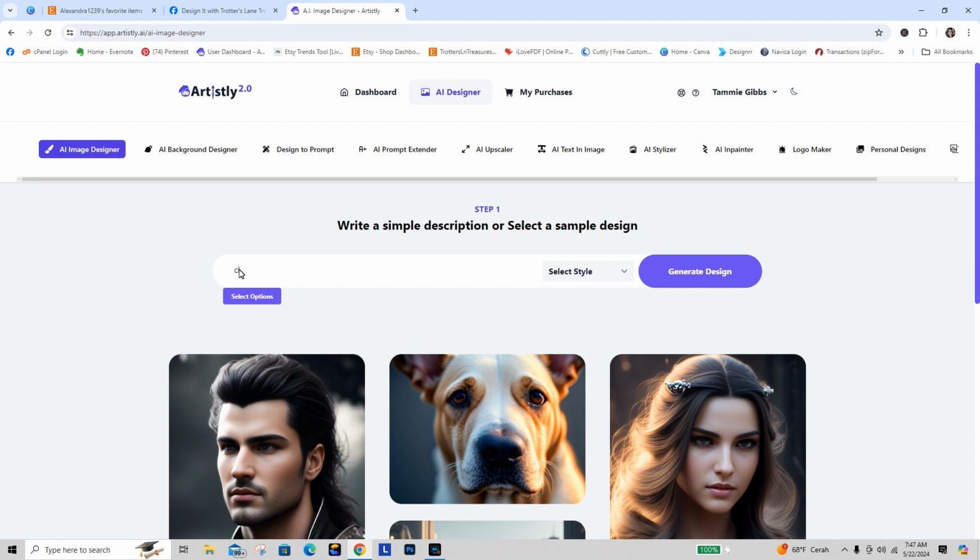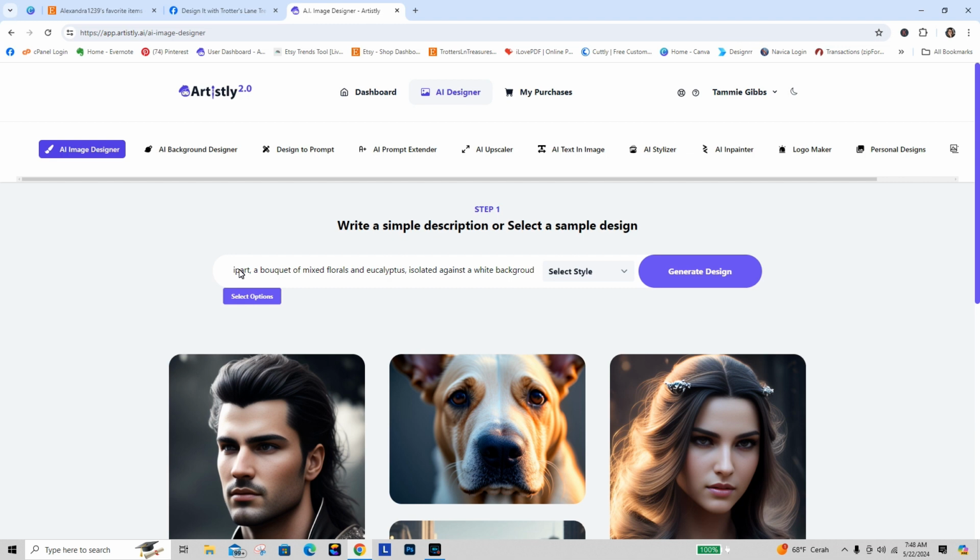So I'm going to do Clipart, a bouquet of mixed florals and eucalyptus isolated against a white